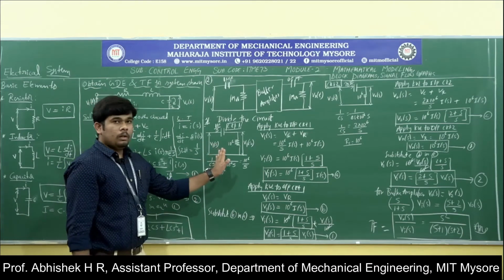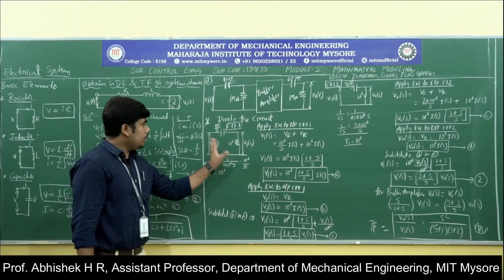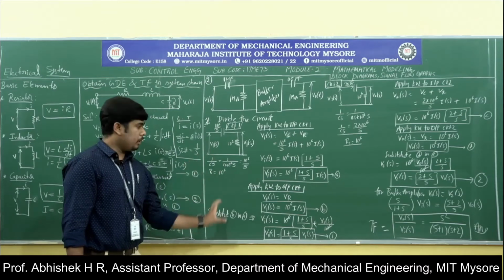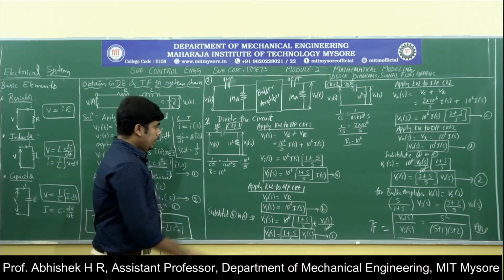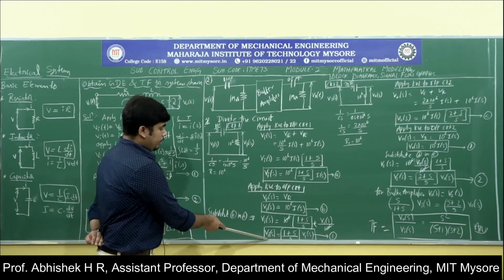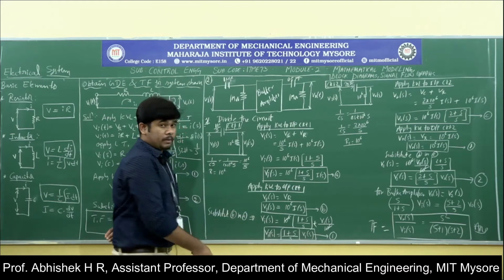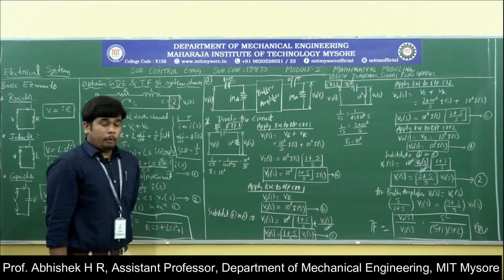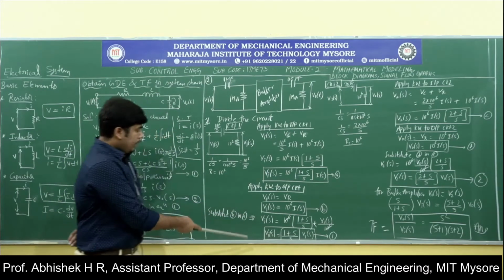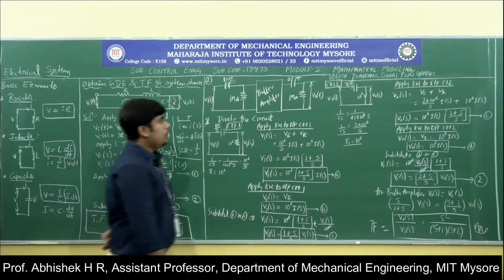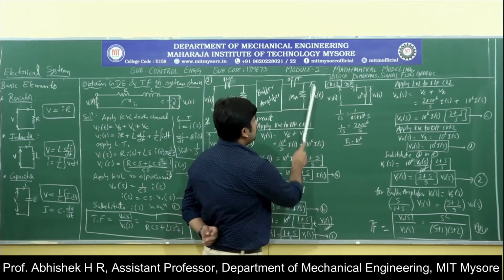So now the first half of the circuit is completed, right? Here I got the input voltage: Vi of S is equal to (1 plus S) by S into V1 of S. I got the output value in terms of V1 of S, and the input in terms of Vi of S. Then coming to the second half of the circuit,